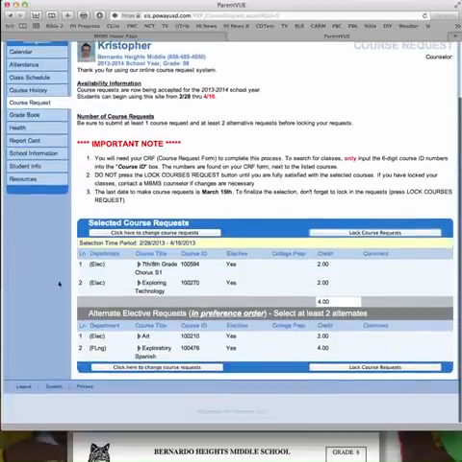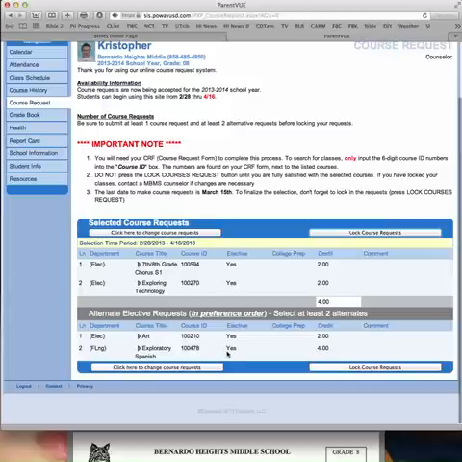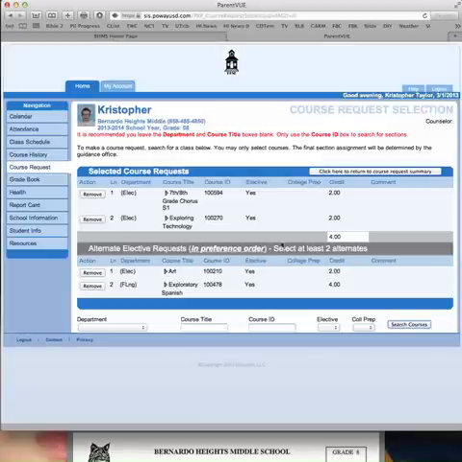Now when you get to this stage, this is a second page for you to double check your courses. If you are satisfied with the courses that you selected on the screen, you can press Lock Courses. Just remember though that when you press Lock Courses, you are not able to make any more changes on this online registration program. However, if you look over your courses and you want to make changes to your course selections, go ahead and click here to change course requests, and it'll take you back to that mode where you can